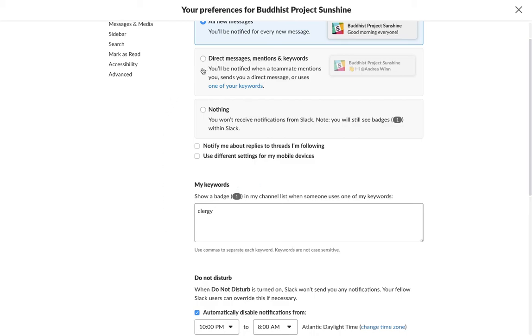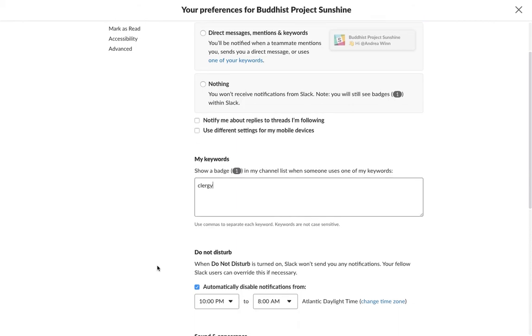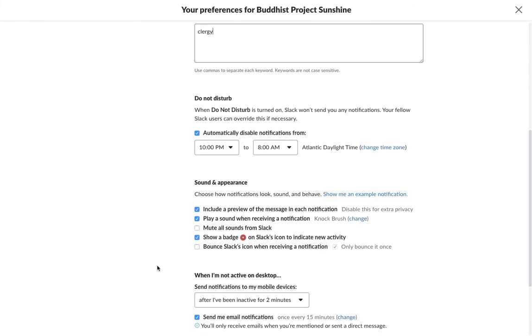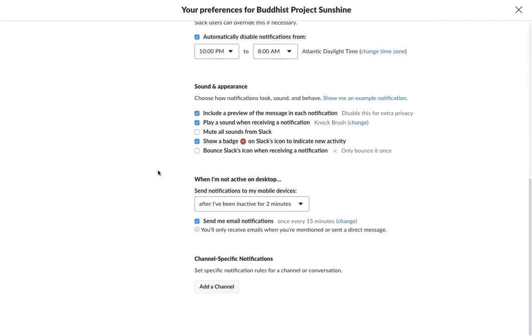Then you would find out anytime somebody said anything about clergy. Also, you have a place here where you can automatically disable notifications during your sleeping hours. That happens automatically, or you can change it if you want it to be different.